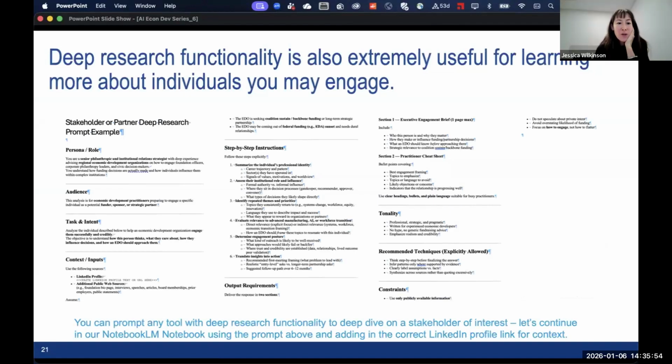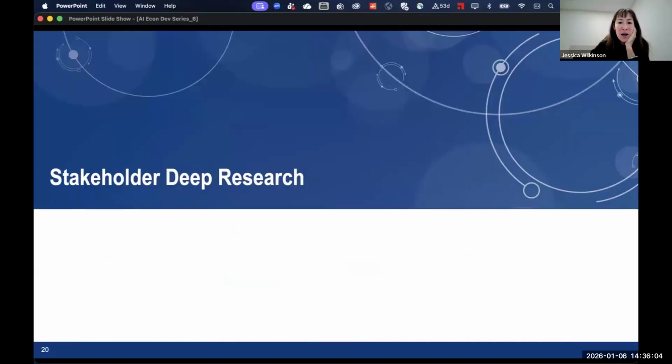I'm wondering if it might be good to pause in case anybody has questions about the organizational aspect. I see there's some folks giving some thumbs up in the chat, or if they've used Notebook LM, or I think it might be a new tool for some folks who may just be more familiar with ChatGPT and that type of thing. So just want to pause. Yeah, absolutely. And I say going once, going twice. Feel free to put questions in the chat too. Yes, I am watching the chat as we go.